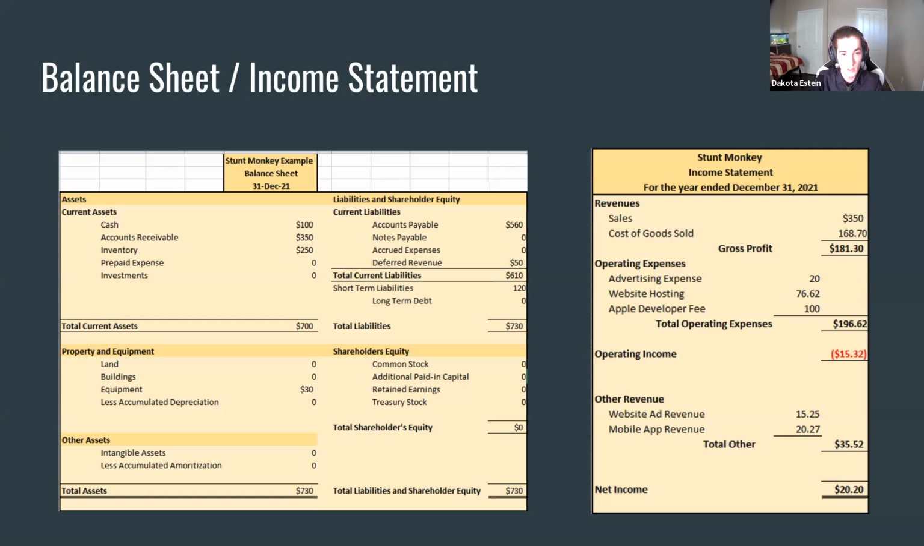And on the right-hand side, we have our income statement. Starting off with revenues, we have our sales of $350 minus our cost of goods sold. And we were able to calculate the price of each unit at $24.10 per Stunt Monkey. And subtracting that from the sales, we grossed $181.30. Next, we have our operating expenses, which include advertising, website hosting, and the Apple developer fee, totaling